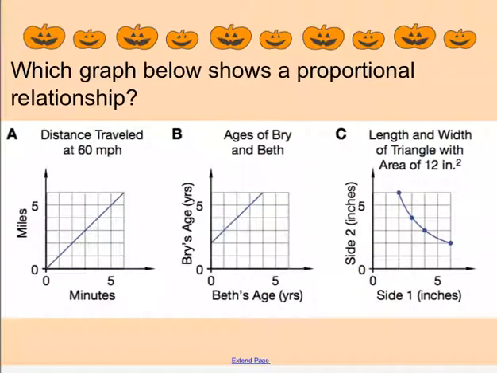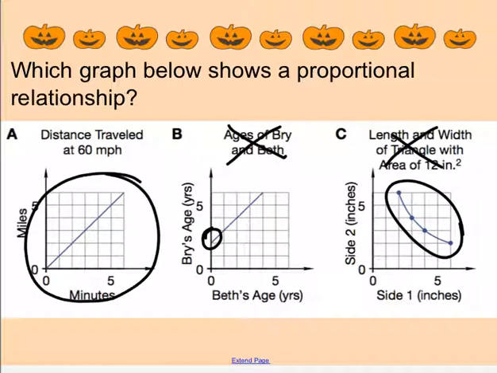All right, last example. And at this point, you know that on a graph, the origin and a straight line is super important. So if it doesn't go through the origin, it's no good. If it's not a straight line, it's no good. But if we have both, through the origin and a straight line, that'll work. That is